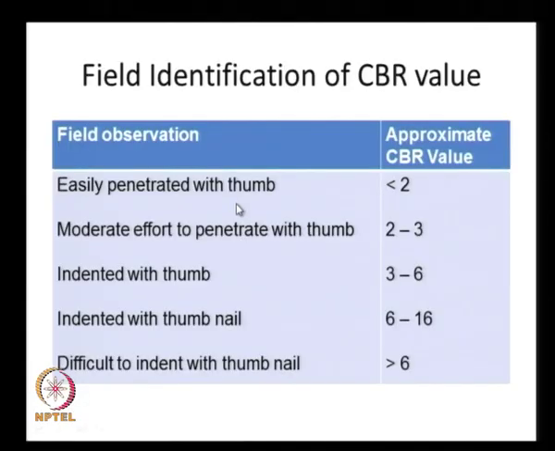And just as an approximate guide, if we collect a soil sample in a tube and if we are able to easily penetrate our thumb, we can say that the CBR of that particular soil is less than 2,